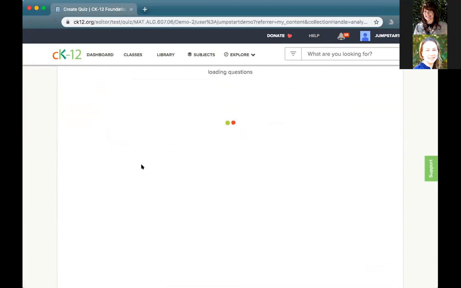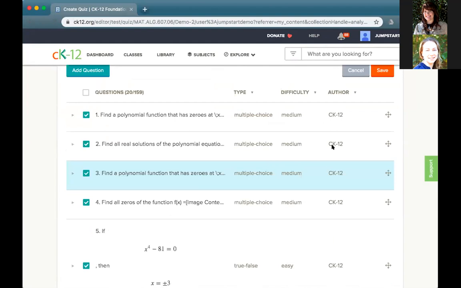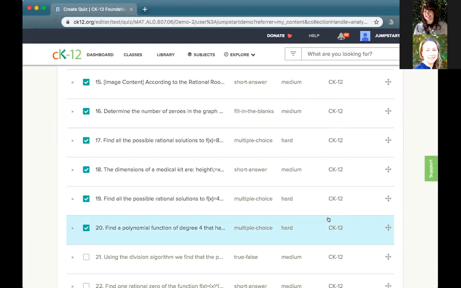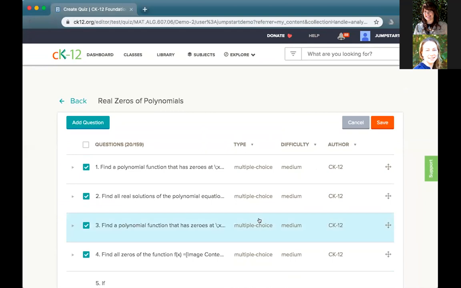See if that will load for a second. And you will see things by CK-12. And if you sorted by author, I think somewhere in here is the one that I had. Unfortunately, my account also reads as CK-12, but you could sort by author and you'd be able to find your stuff. Let's say I saved this